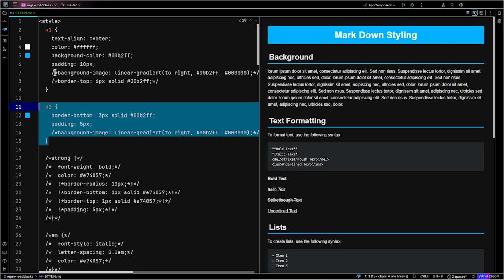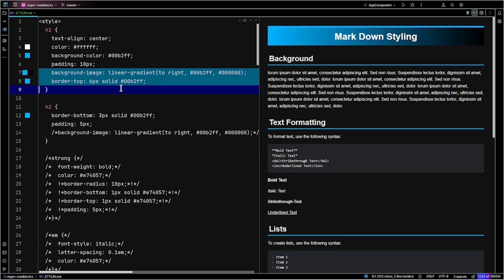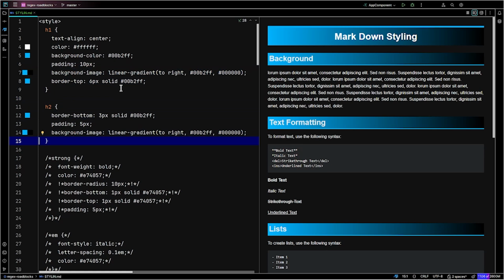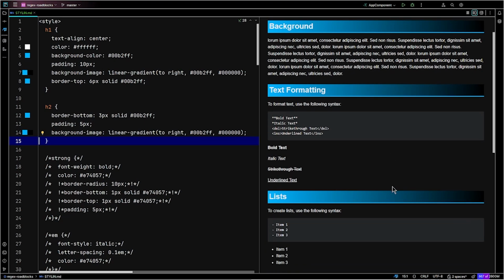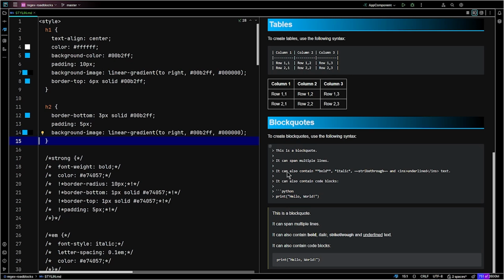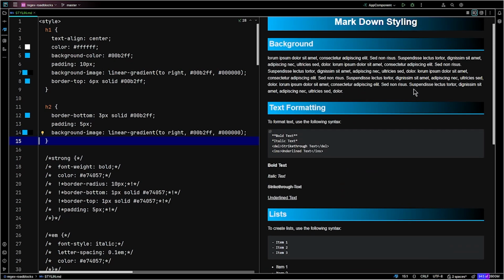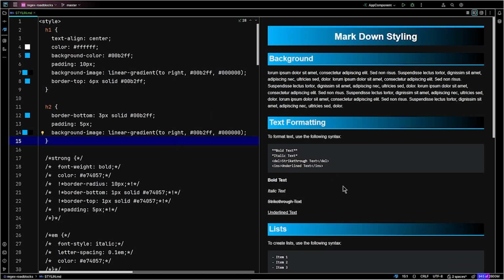Now we can dress this up a little more by adding a linear gradient. So the background now has a little more style to it. And this looks pretty nice, and it's kind of interesting now rather than the plain. But as we go down, we can see that there's still quite a bit that can be styled. So let's go on down and start looking at